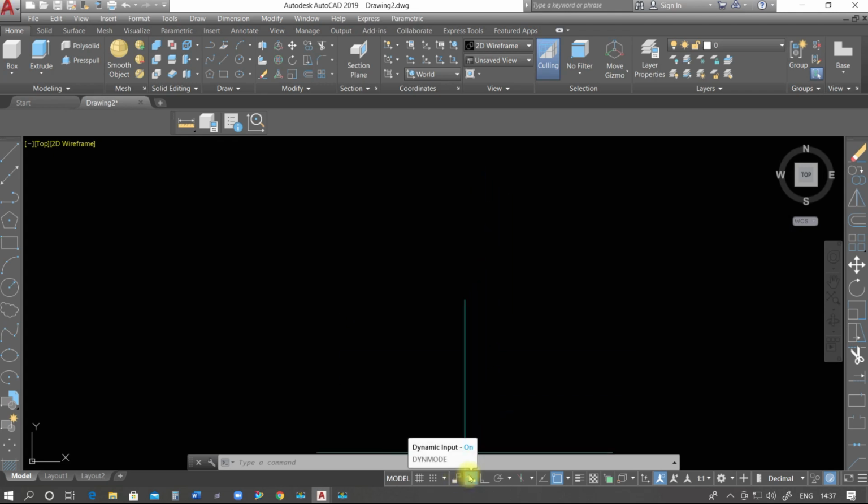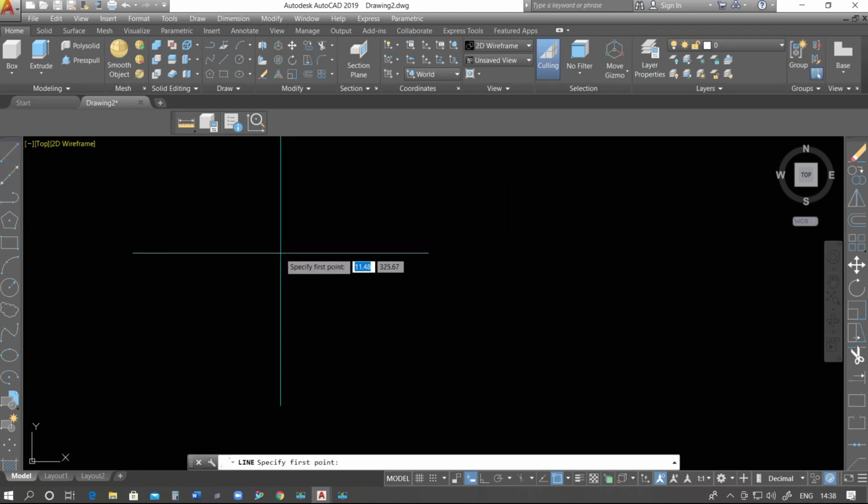So let's discuss dynamic input. Dynamic input is the tool which gives us the position of the crosshair. Suppose I am going to select this line command.